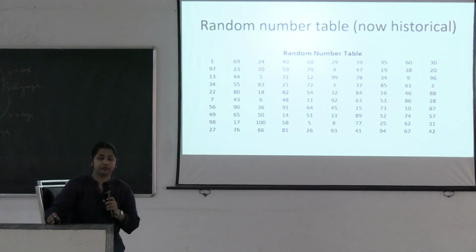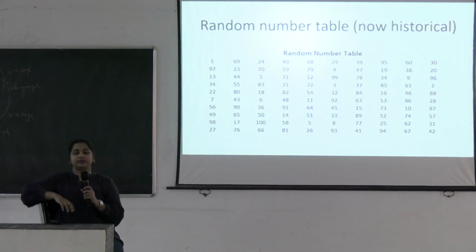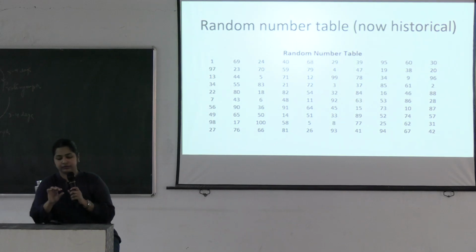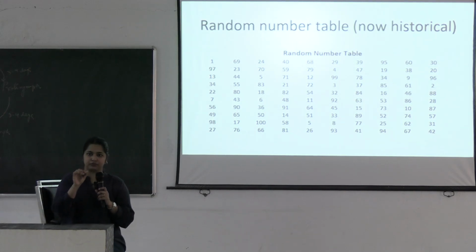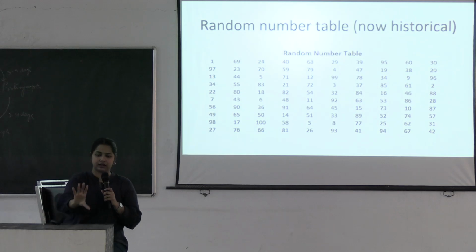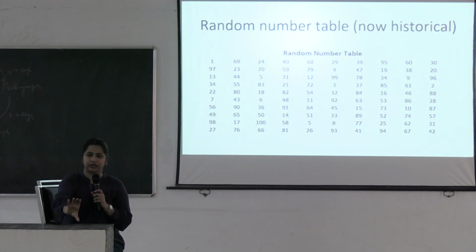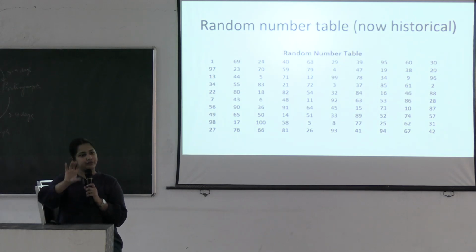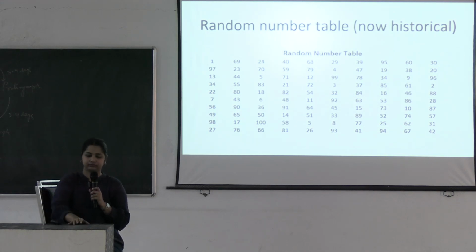And then there is this sealed envelope technique. Sealed envelope technique means there are certain sealed opaque envelopes within which the group allocation is kept. For example, in the sealed envelope, there is a written group A or group B. Such a stack of 100 envelopes is kept on your table. Maybe there are 50 group A and 50 group B, but you do not know which is which. They are shuffled and kept.